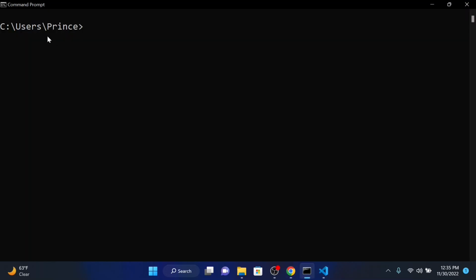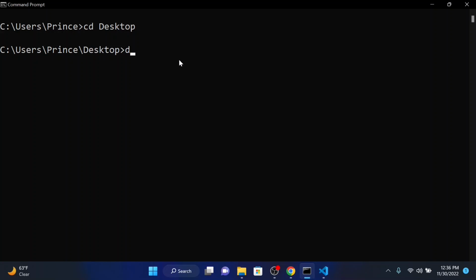Okay, so right now we can see I'm in C drive users /prints, right? So the path separator on MacBook and on Linux is /, and on Windows is \. So I'm going to go ahead and change directory. I'm going to type cd, and change my directory to my desktop. So I'm going to type in Desktop with a capital D. If you're on Windows it's not case sensitive, so you can also type the directory with a small d and it will work. But if you're on MacBook or on Linux, it's case sensitive, so you have to type in a capital D. Okay, so once we have done that, you can see that we are now on our desktop.